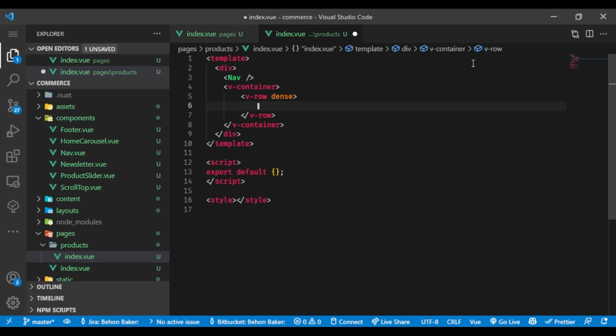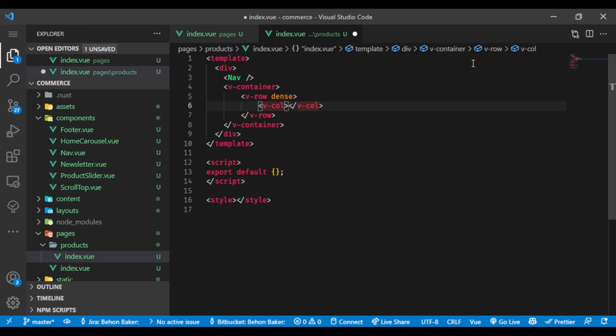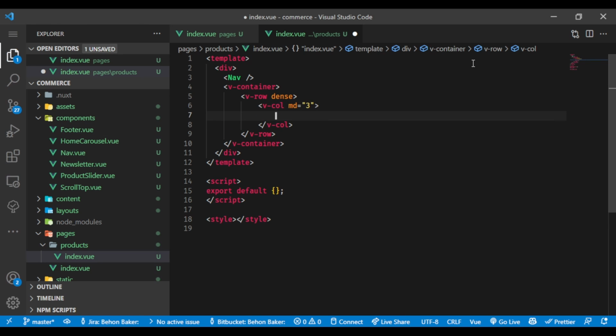Now the left side of the screen, we're just going to take up 3 of the 12 spaces in the grid system. So we add a column, and we want our column to take up 3 on medium and up screens,